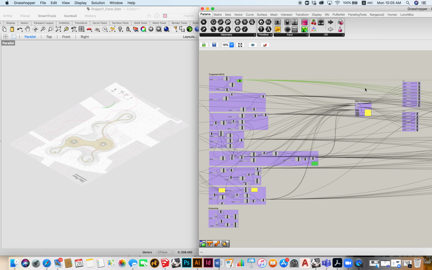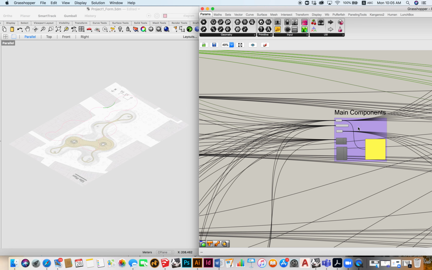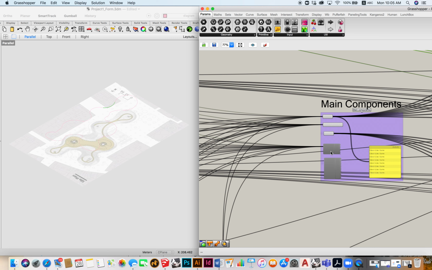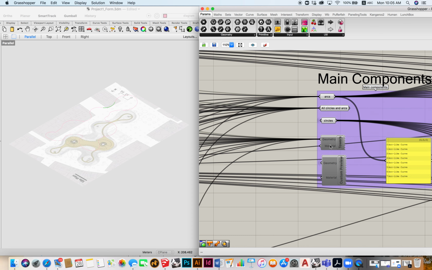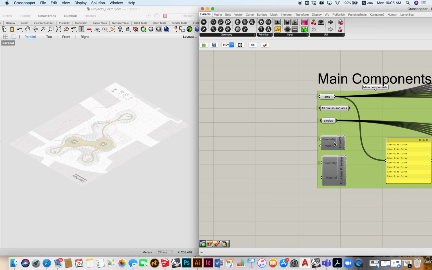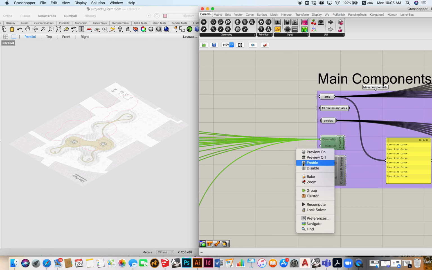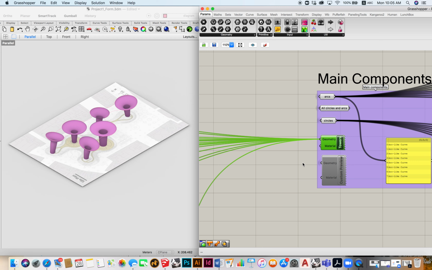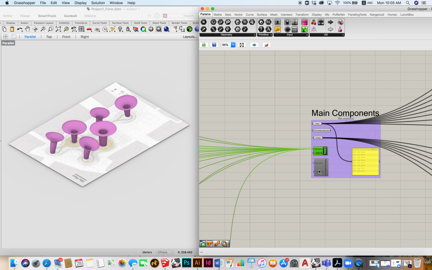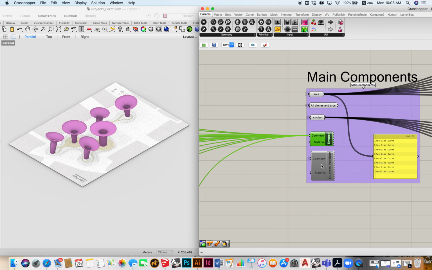Moving forward, so this is the result of the towers. I'll just turn the preview on and enable it. So as you can see, these are the 6 main towers, and we'll continue on producing the top canopy. So I'll also turn this preview on